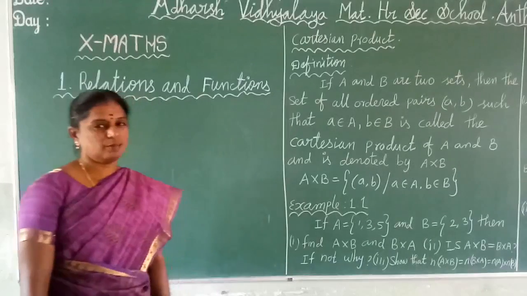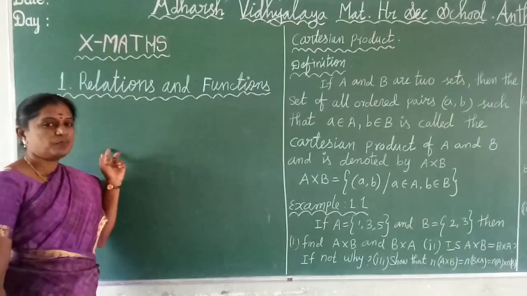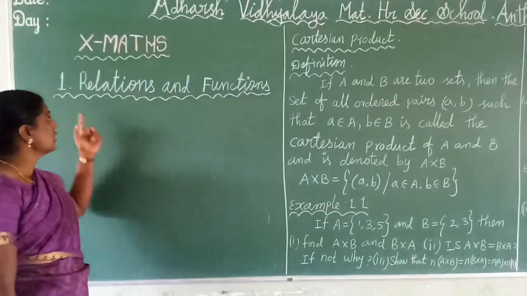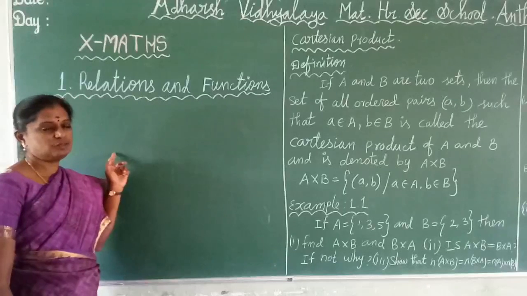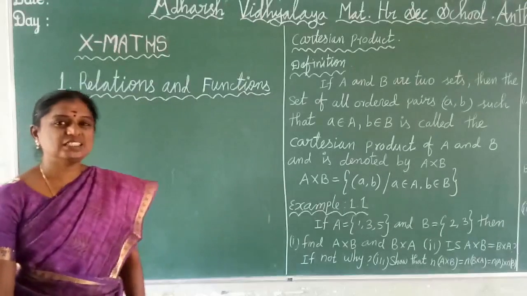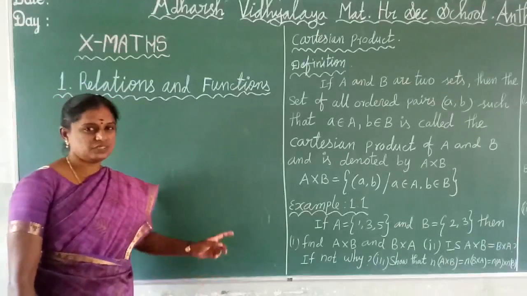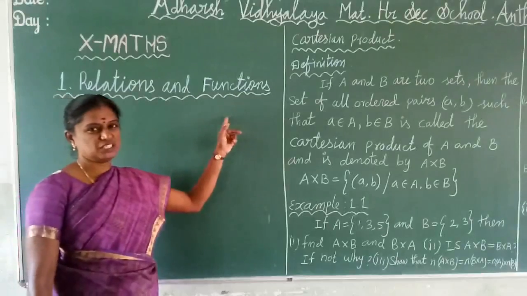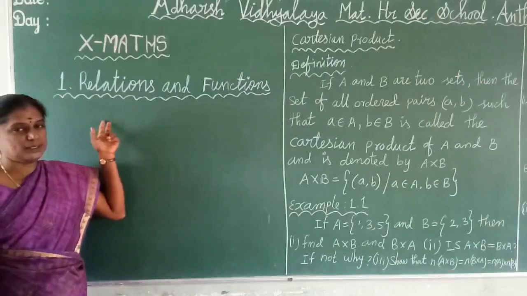So in the 10th syllabus, in our subject Maths, 8 chapters are there, including graph and geometry. The first chapter is Relations and Functions. Already in 9th standard we studied set theory. What is the meaning of a set? A set is a collection of well-defined objects. The extended concept of sets in two forms is relation and function. That is the first chapter in the 10th standard.